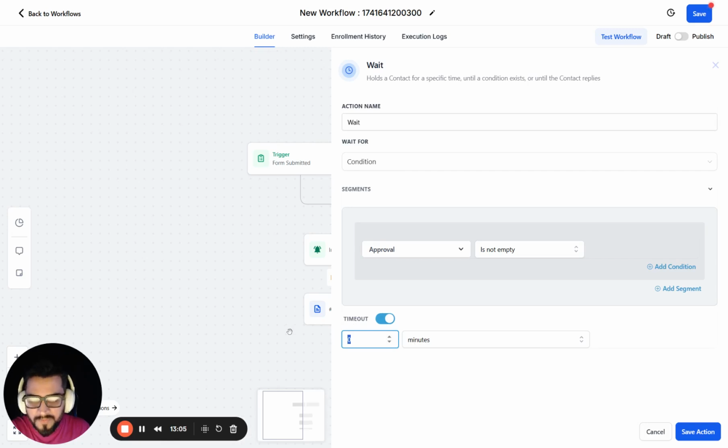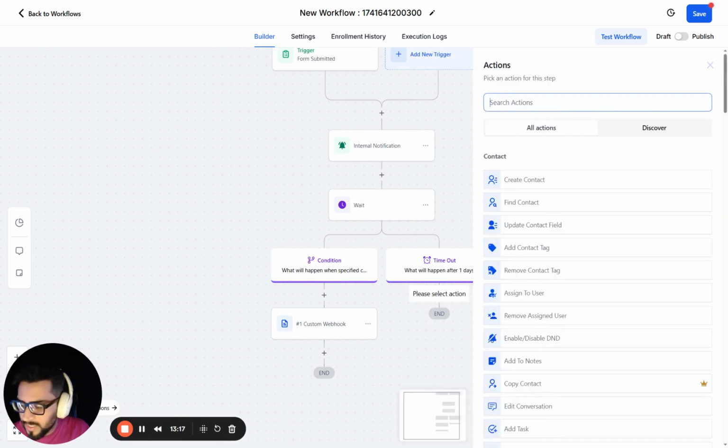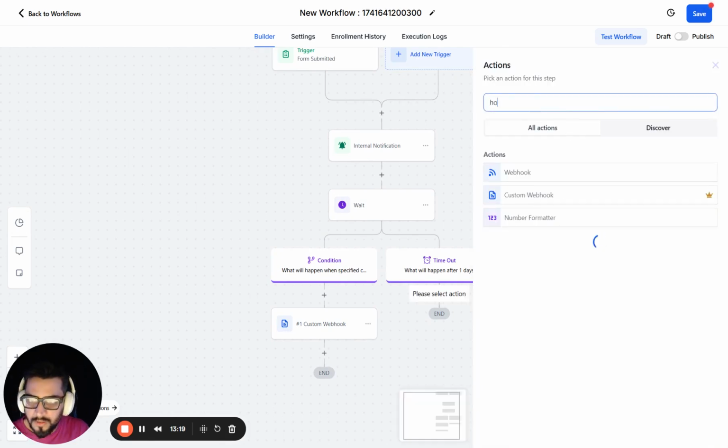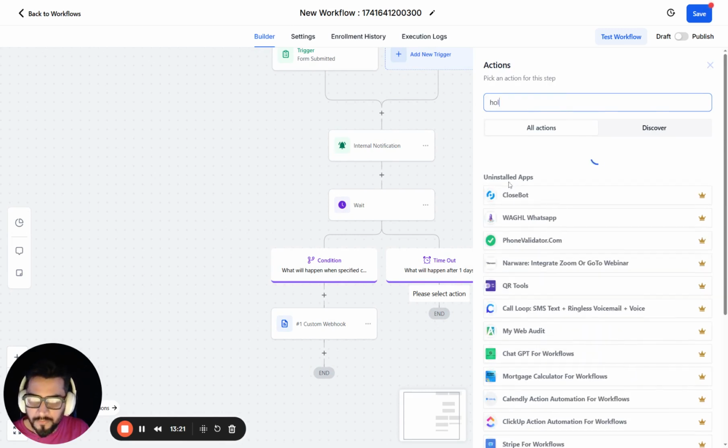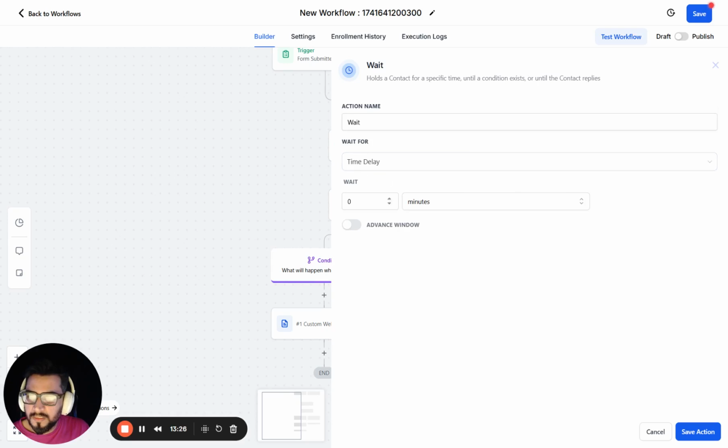You don't have to have a timeout, but it's good to have one. Well, 1 day is enough. So after 1 day, I like to hold the contacts inside the workflow. A random number of days. Hold,